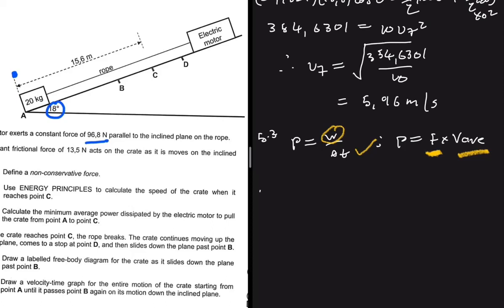I'm saying that the power will be equal to the force exerted by our motor, that is 96.8, multiplied by the average velocity. To find the average velocity, I'm going to say VF plus VI divided by 2. So what is VF? VF is 5.96, plus 0, divided by 2. So that is 96.8 multiplied by 5.96 plus 0 divided by 2. And then the answer I'm getting here is